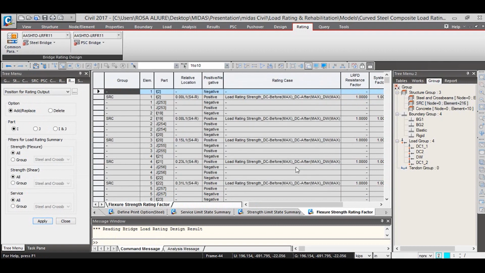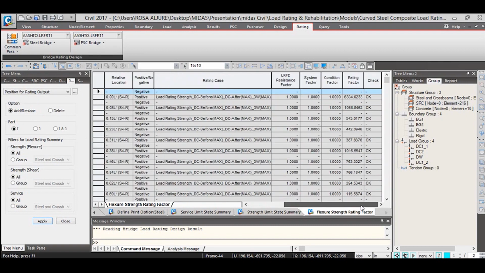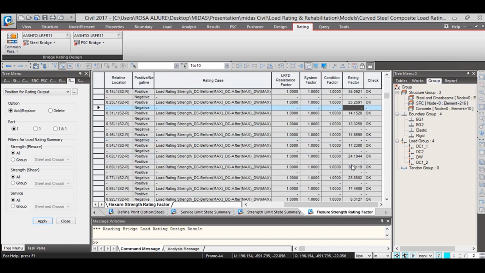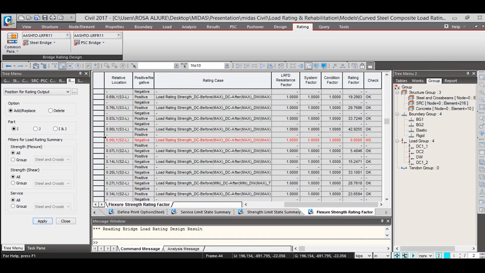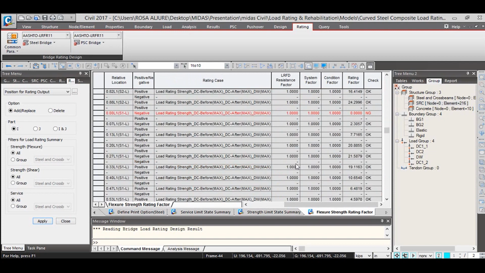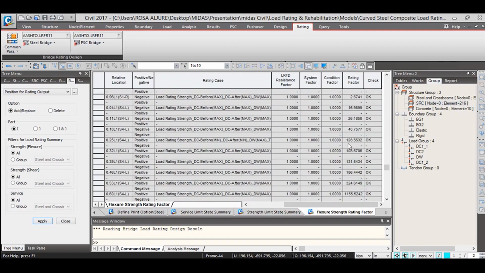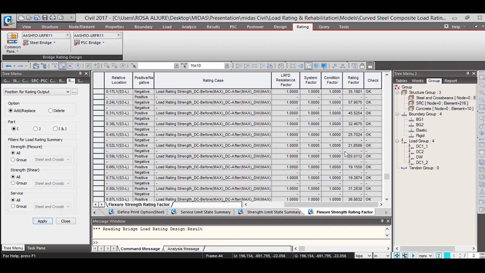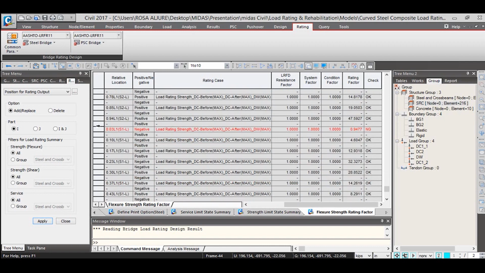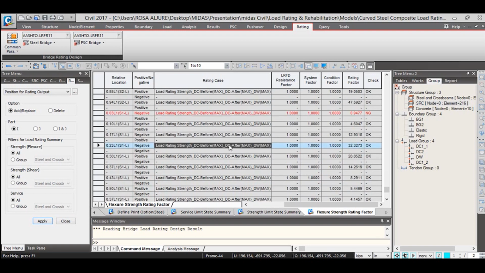Let's just check the I node for the strength limit state. So everything is okay. You have the rating factors. As you see, most of them, or all of them, are above 1, except for this one. Well, you gotta check that one as well as this one. But then most of them are more than 1, 2, 20, 18. So this bridge is pretty good. And then the ones that are not more than 1, the program will show you in red, so you can just go back and take a look at them.